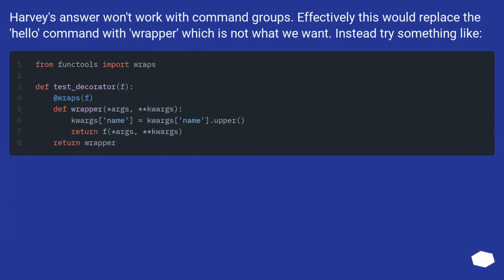Harvey's answer won't work with command groups. Effectively, this would replace the hello command with wrapper, which is not what we want. Instead, try something like